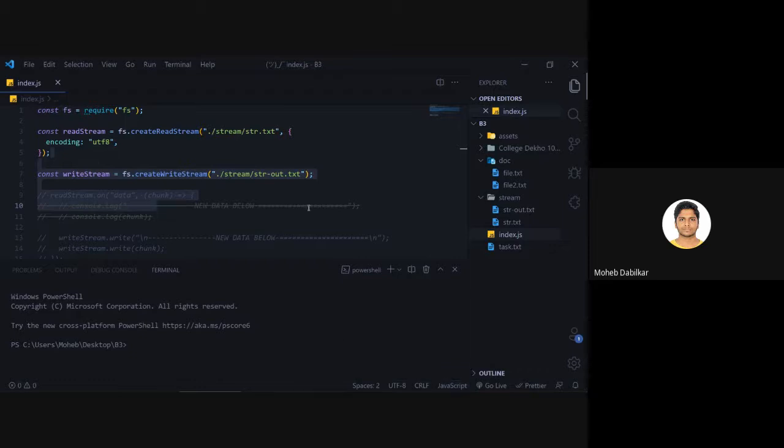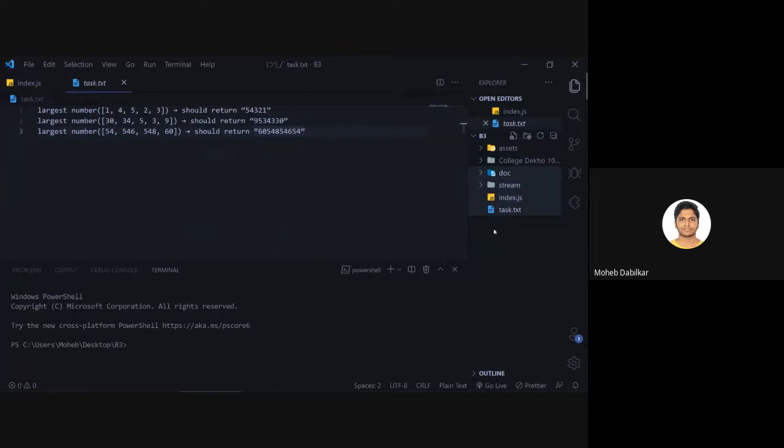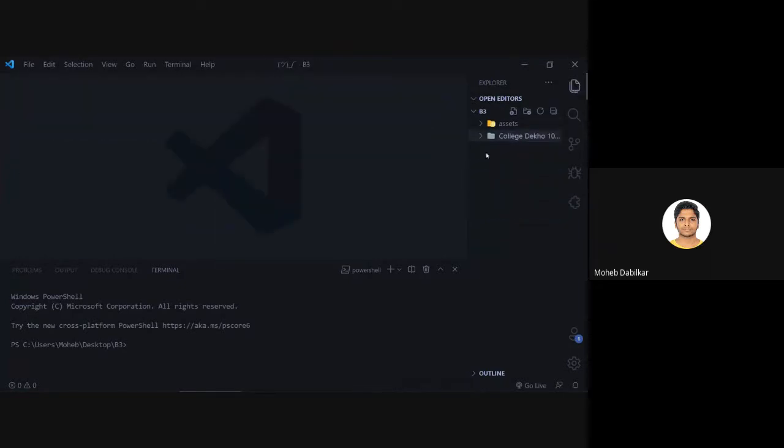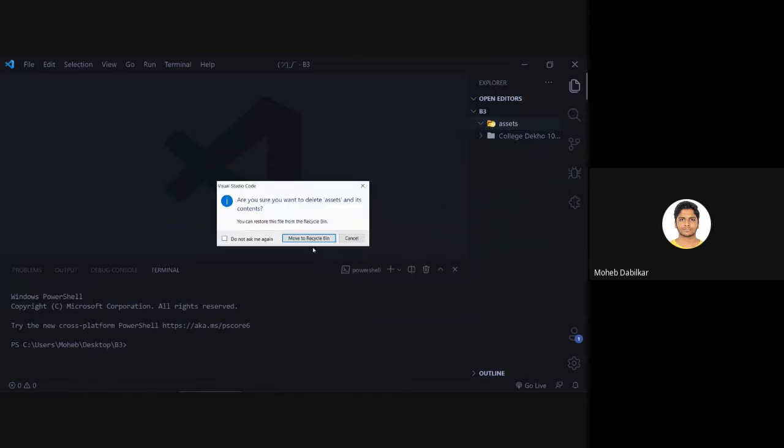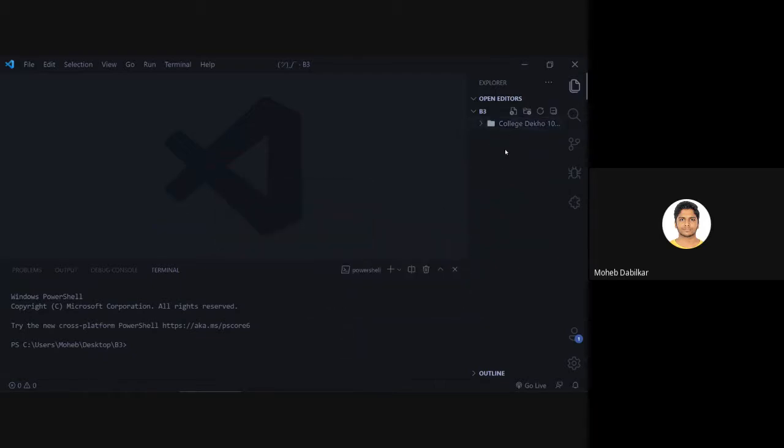Okay, so now that we have all this stuff, instead of working over here only, we'll go ahead and delete all these files. Inside our assets, what do we have? We have nothing, so we'll delete this as well. And we'll create a new directory.